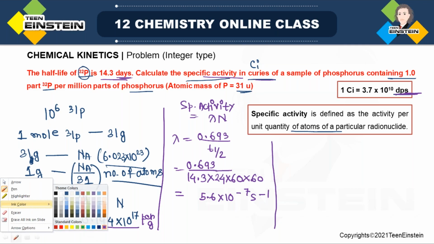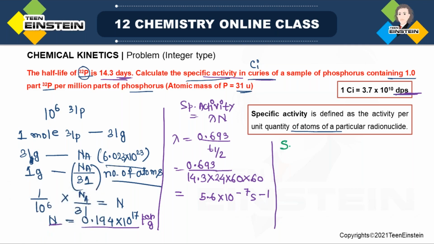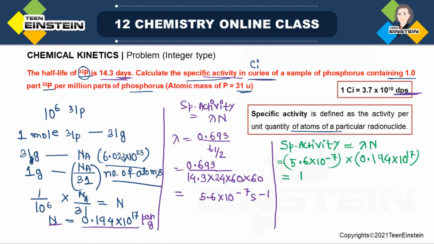Next we will find out specific activity, which is lambda into N. Lambda value 5.6 10 to the power minus 7, and N is 0.194 10 to the power 17. Now finally the unit will be dps per gram. So if we do the calculation, the value will be